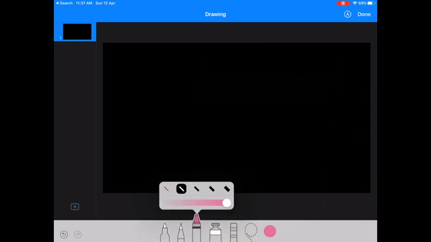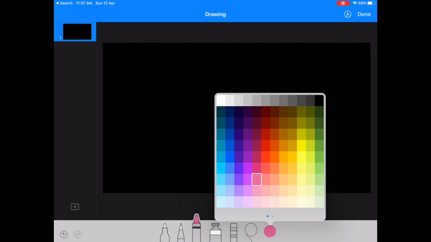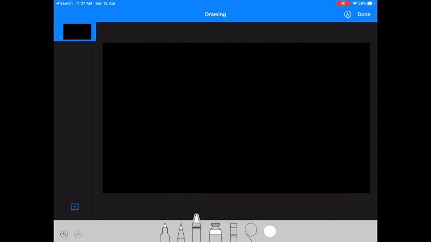Okay, and then I can tap on my crayon, and I want it to be a little bit thicker, so I'm going to tap this one here. Actually, I'm going to change this to white, because for my problem, I want to show people the different place values. So I can write out ones, okay, and I can do a line, and I can do tens,